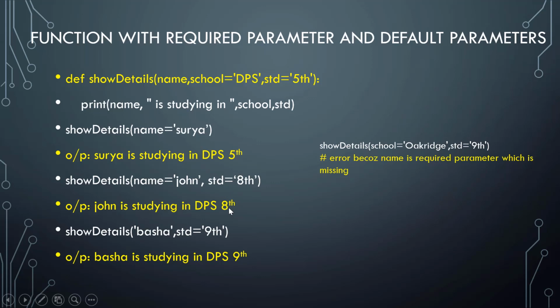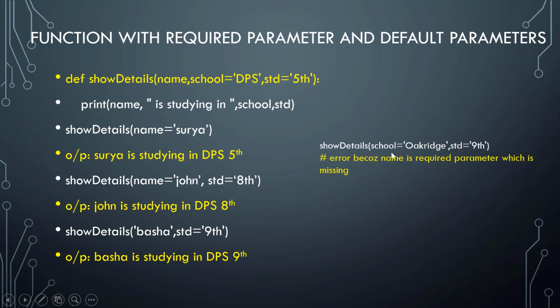Okay. So next time I'm passing name and standard. A school name will come, or school name, and you can pass standard as optional. Your wish, you can pass or swap like anything. But see this error. School equal to Oak Ridge, comma STD is equal to ninth. Can I say like this?